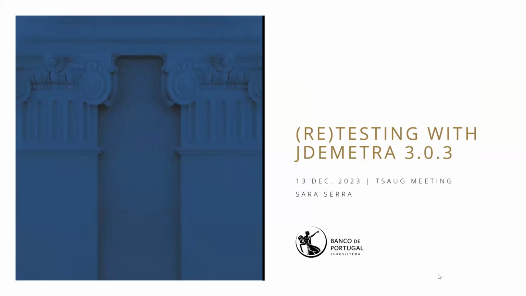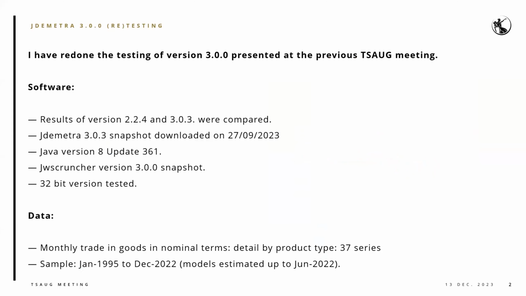I will share the minor issues that are still remaining. So essentially, I repeated the tests I presented last meeting. I used the 3.03 snapshot. Contrary to Veronique, I had no issue with the Excel format, so I used XLSM files and it worked perfectly this time. So I compared version 2.24 and 3. I used